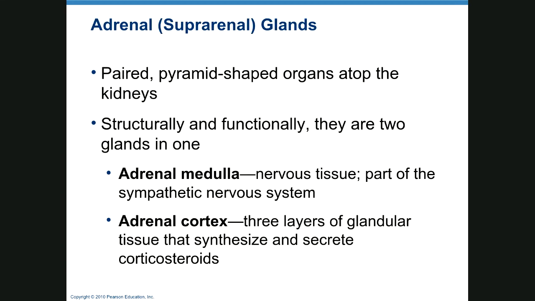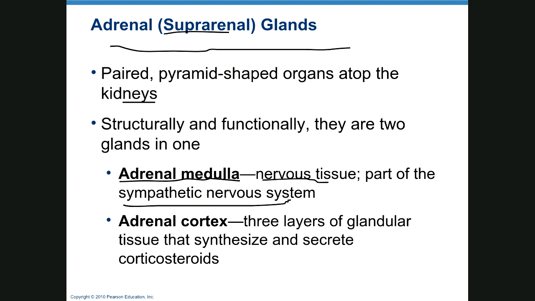Very dead. Okay, the adrenal glands, also known as suprarenal glands. They're pyramid-shaped on top of the kidneys, and they're 2 glands for the price of 1, sort of like your pituitary. The adrenal medulla is nervous tissue. It's basically an extension of the sympathetic nervous system. The adrenal cortex, with 3 layers of